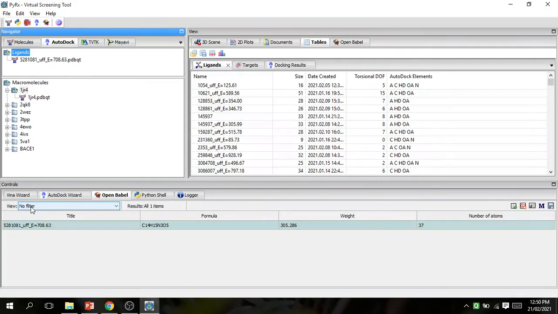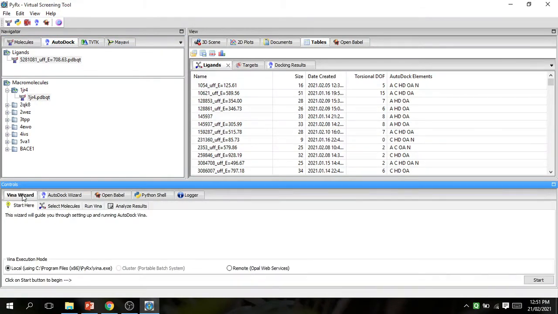Next step, I screen these ligand and proteins for binding energy and interaction between protein and ligand. For that, select the protein and ligand. Press the control button and select this ligand, and this protein 1JR4 catechol-O-methyltransferase. Go to Vina Wizard. Go to Vina Wizard and select molecules. This selects the ligand and protein.